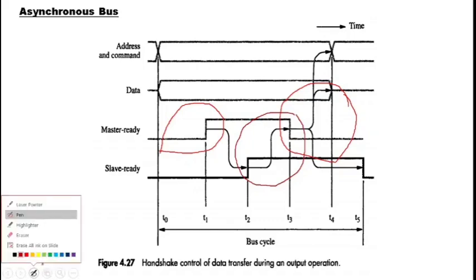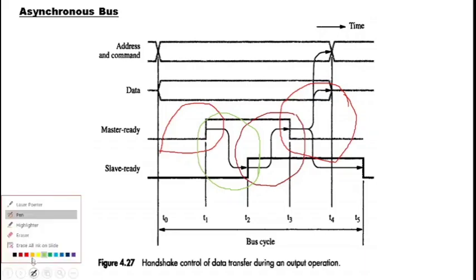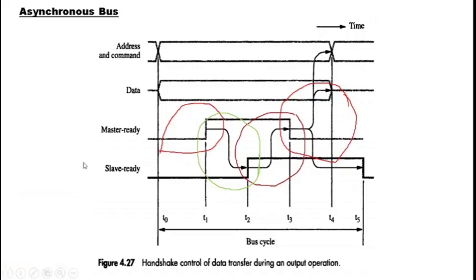Okay, then we had a processing delay. So where can you see the processing delay? The processing delay was between T1 and T2, where master had raised a master ready and it was perceived by all the slaves between T2 and T1, and by T2 only the slave actually finished the processing, or it saved the data from the master. Okay, so this is all about the timing diagram representations of asynchronous input-output operation.